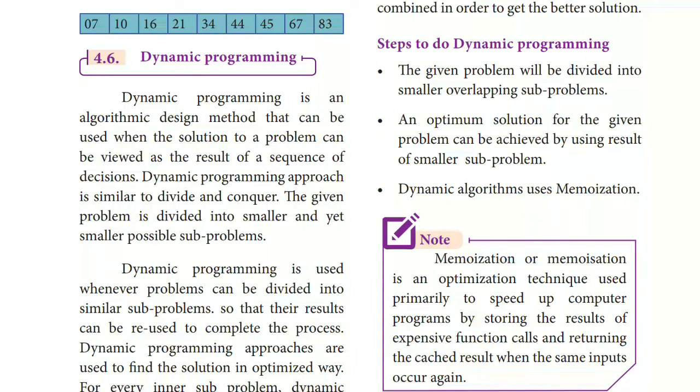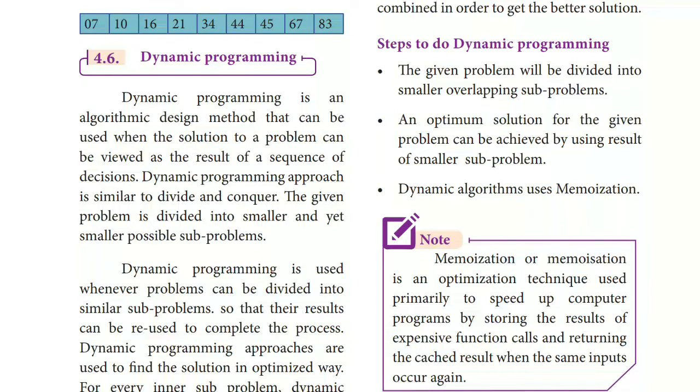Say, for example, you can take a weather report. Based on so many things like humidity, speed of the wind, direction of the wind, and the pressure in the atmosphere, everything contributes to rainfall. Like this, the solution of the problem will have many decisions that have to be taken.